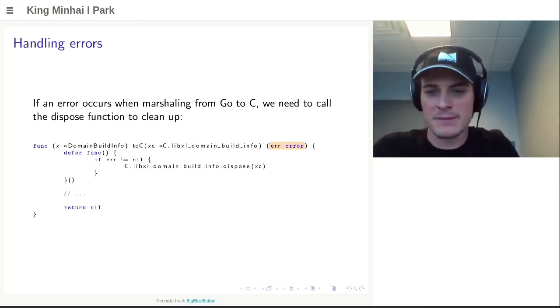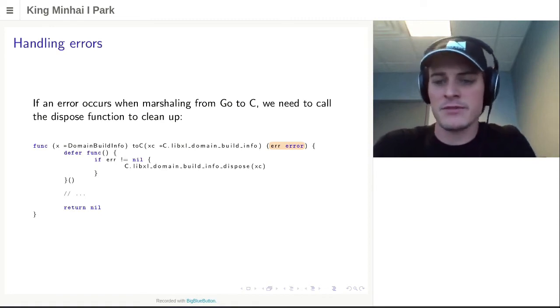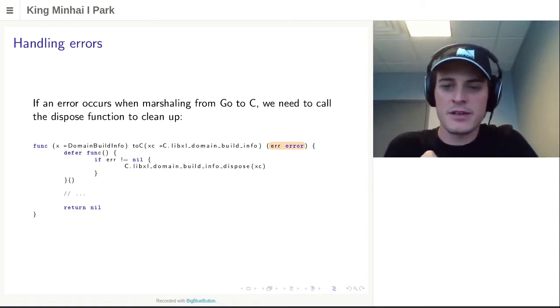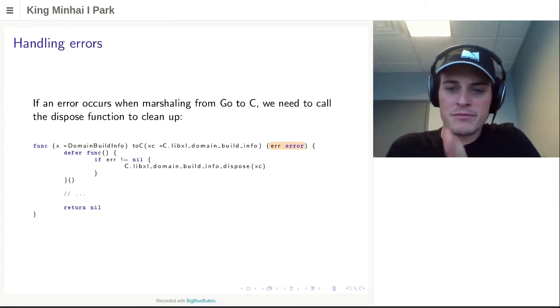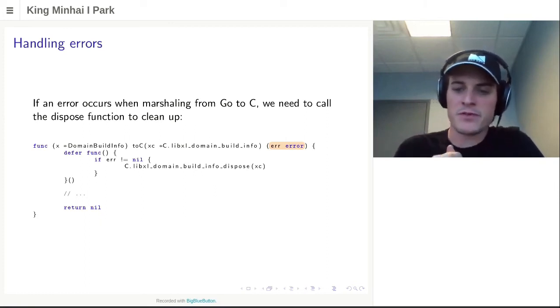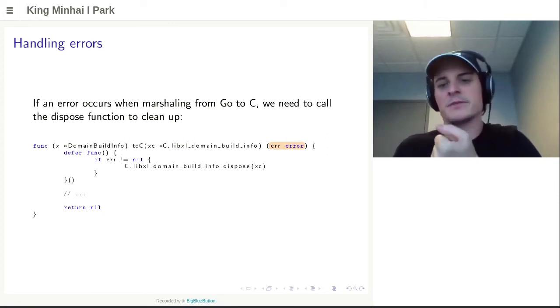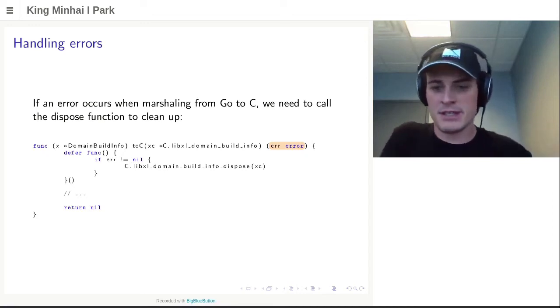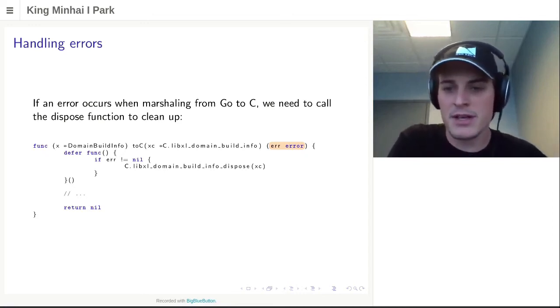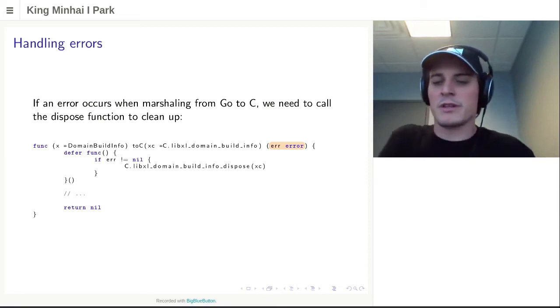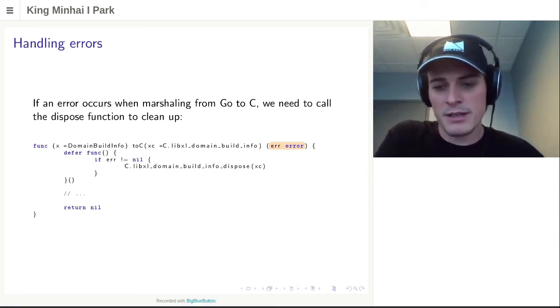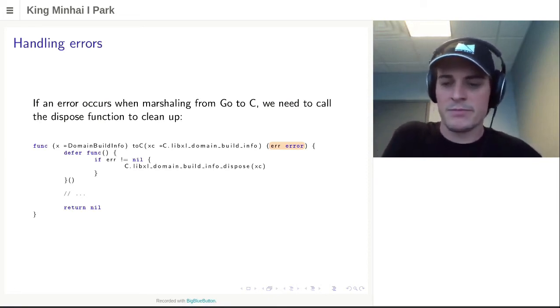And I think one of the last bits on doing these functions is handling errors that occur. I mentioned we can use the dispose function here to help us in every type. So in the toC functions, you'll see this defer statement used here. And if you're not familiar with Go and the idea of deferred functions, what this does is, this highlighted bit